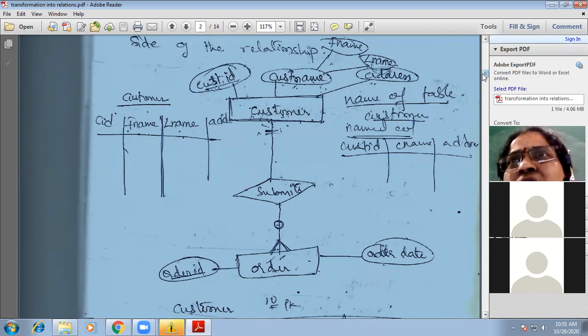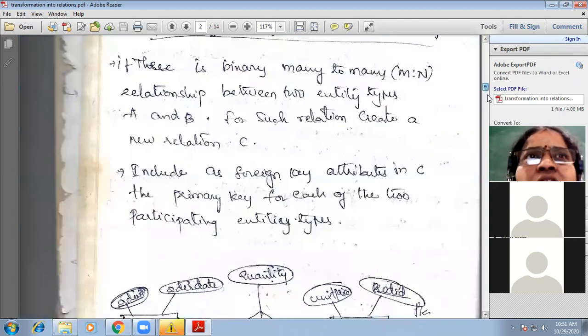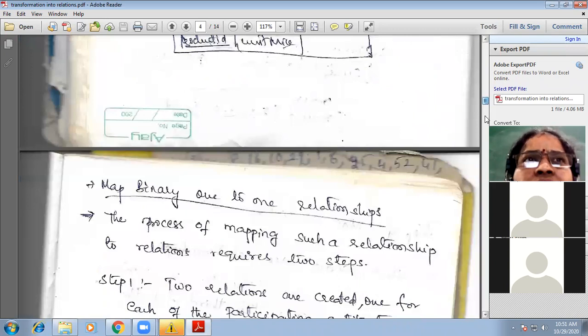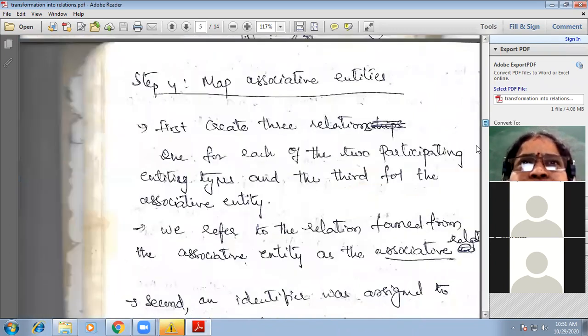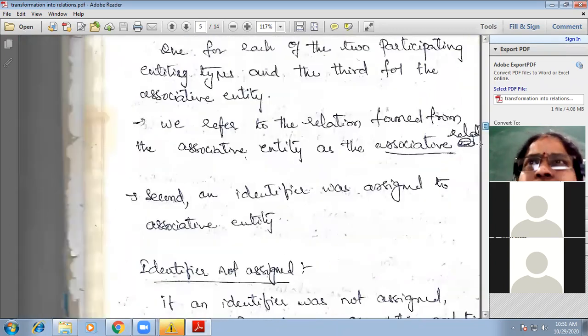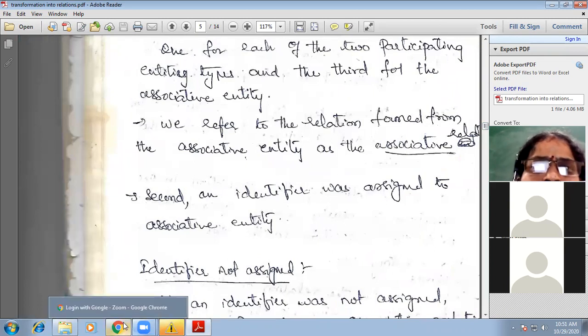In previous classes also we learned some examples like this. I'll show some previous example.